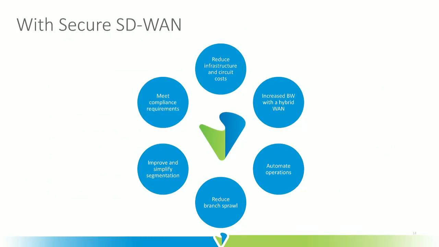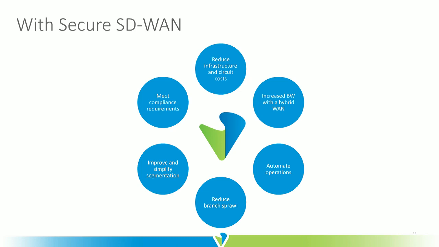And so with that, I just want to bring this to a quick close and talk about the value benefits of a secure SD-WAN for you. You can reduce your infrastructure and circuit costs simply because of SD-WAN, as well as doing device consolidation. Of course, you can increase your overall bandwidth to address some other concerns you have as a result of a hybrid WAN strategy. Operations to automation, as a result of single pane of glass, zero-touch provisioning, one-touch policy control,